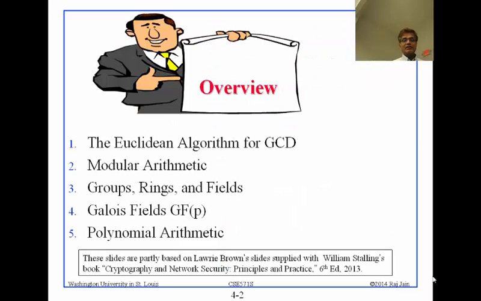So this chapter could actually be just a math class, in some sense. We'll talk about the Euclidean algorithm for GCD, greatest common divisor. We'll talk about modular arithmetic, how to do mod 2 arithmetic. We'll talk about groups, rings and fields, Galois fields, and polynomial arithmetic. Okay, so